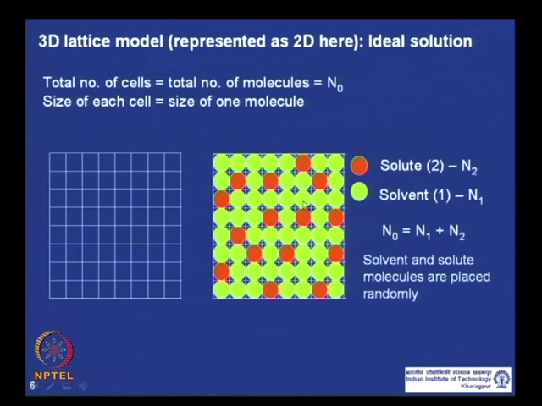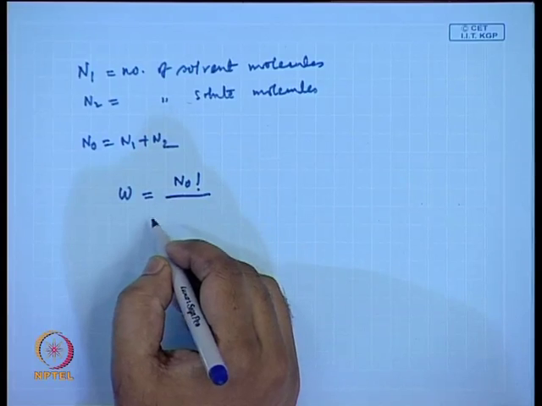If you interchange this molecule with this molecule, you are getting the same arrangement. Basically, replacing one solvent molecule with another, or one solute molecule with another solute molecule, will not give you any indistinguishable arrangement. So, these arrangements are overestimated. So, the actual number of distinguishable arrangements would be,